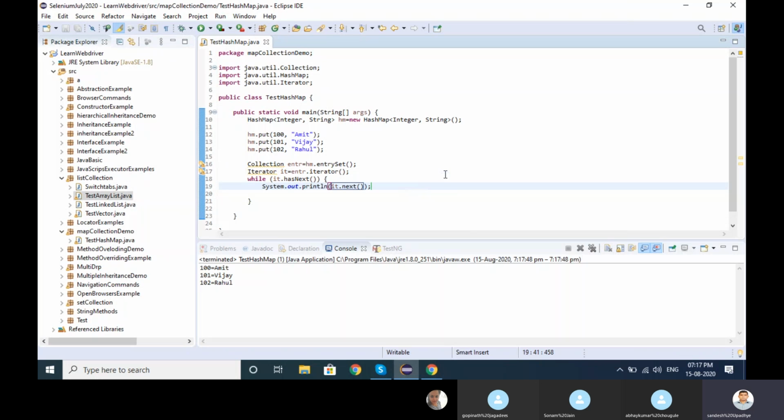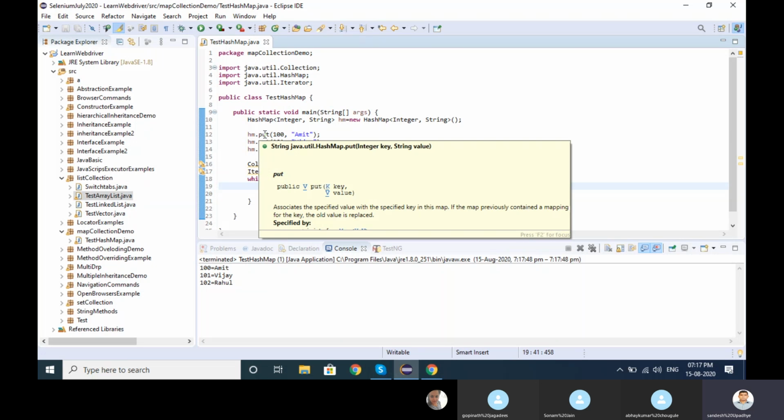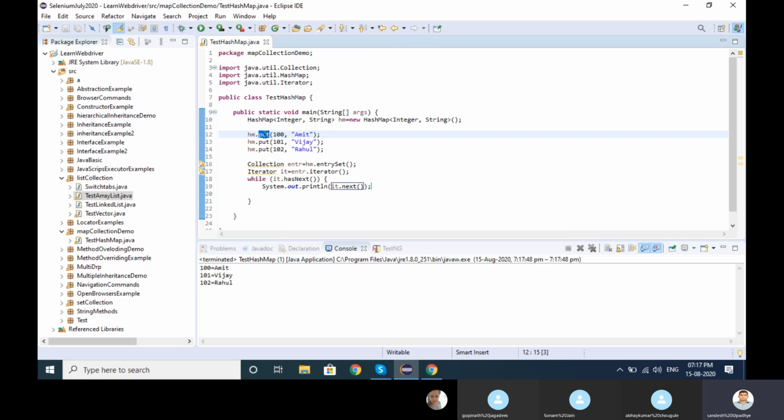Okay, so what happened here, instead of add, I just added the put method. This is the first difference, and the second difference, it's taking the key value pair. So where we are using the real time example, when we have an Excel sheet, when we have columns, when we have rows, then we can go with the map itself. Map also has 4 categories: hash map, linked hash map, tree map, and hash table. For testing perspective, we can use any one of them, but as part of the collection map, I am telling you all 4 categories.